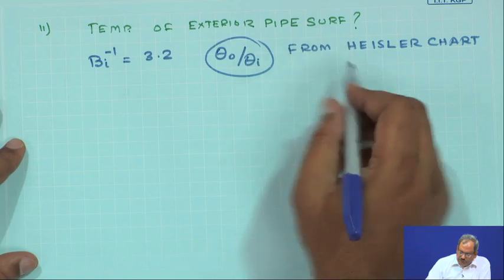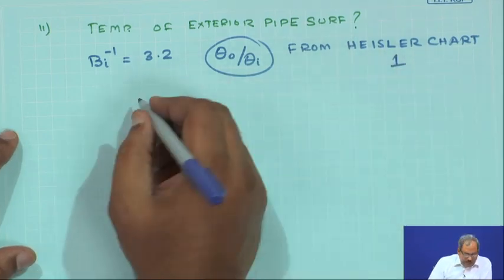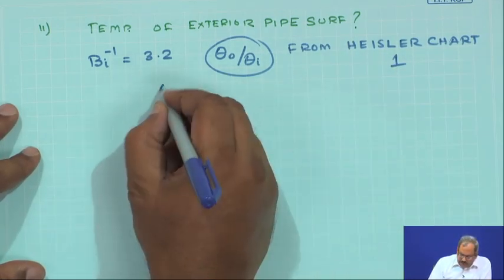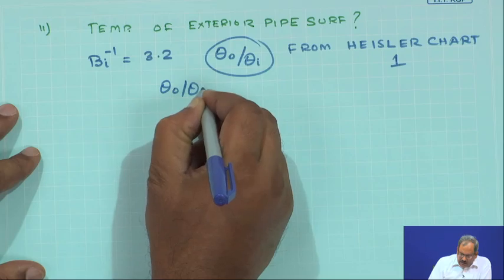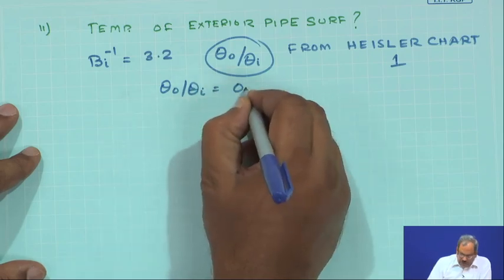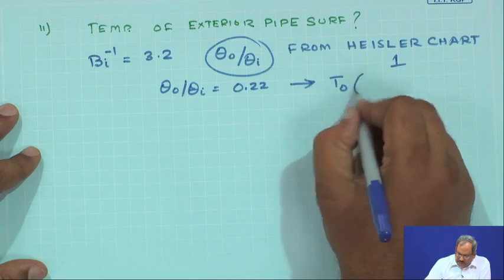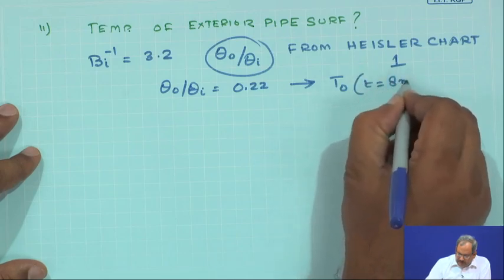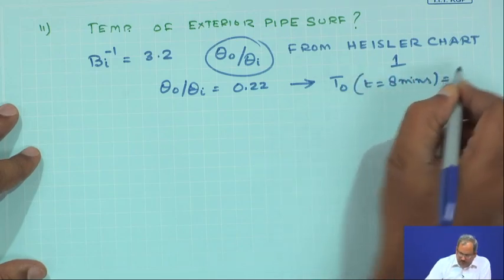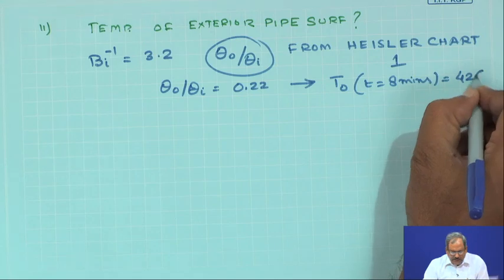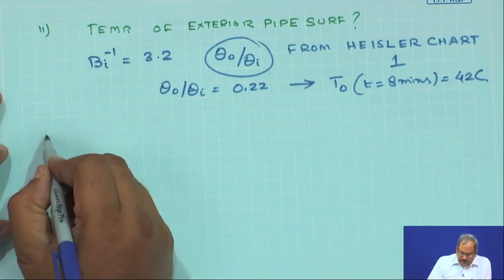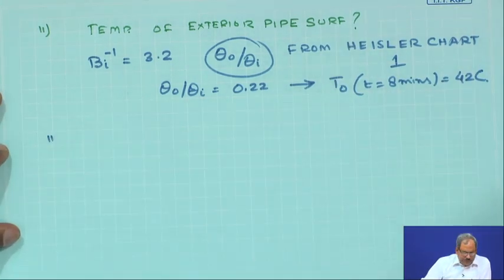So, with this, from Heisler chart number 1, you should be able to calculate theta 0 by theta I to be equal to 0.22, which would give you the centerline temperature at t equals 8 minutes to be equal to 42 degree centigrade. The third part of this problem